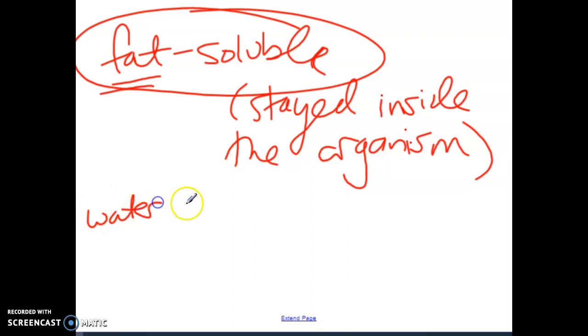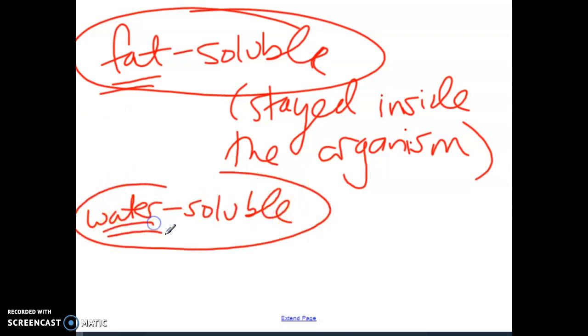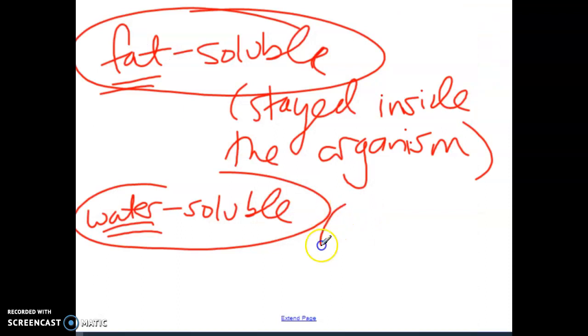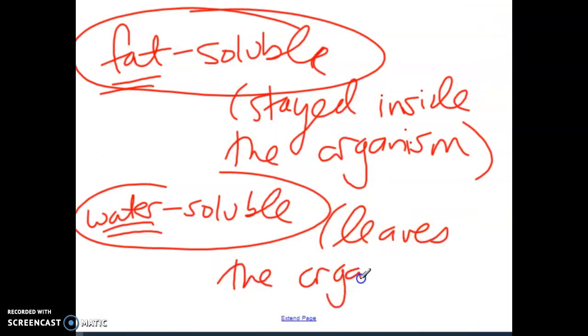Most pesticides that are used today are known as water soluble. So what that means is the pesticide does not stay inside the organism's body. It actually comes out through its pee. So let's say this mouse were to eat this grass. When the mouse pees or urinates, the pesticide does not stay in the body. It basically just goes through the body, right? So it leaves the organism's